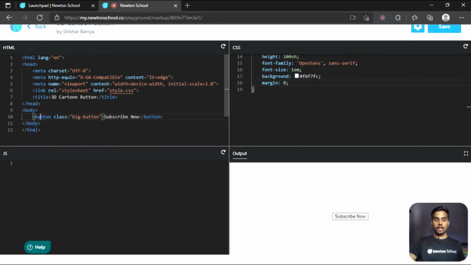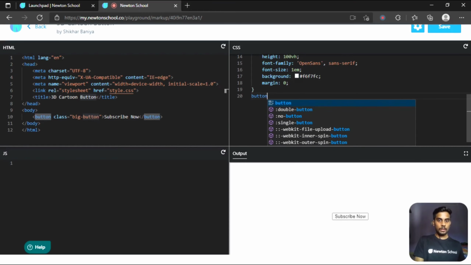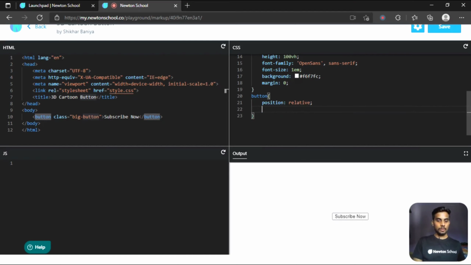Now let's target our button. Okay. So button, let's give it a position relative. Let's give it a display as inline block. So position relative means the element which you specified the position as relative, it will adjust its size relative to the window.